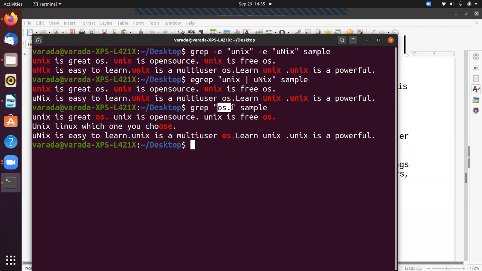So regular expression means the dot means any character. Dot indicates any character. The caret operator indicates the starting of the string. Dollar indicates the ending of the string. Square brackets indicate any character in the bracket. We discussed this in our previous classes. Okay, so now if I want to know the lines which exactly match OS dot,